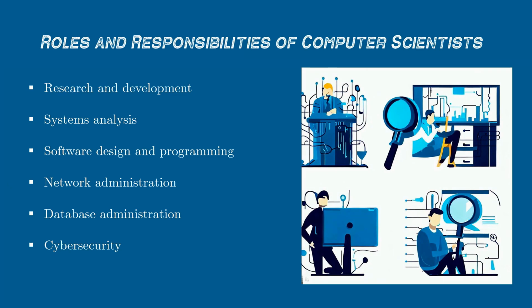Roles and responsibilities of computer scientists. Computer scientists play a variety of roles in many different industries. Some of the common roles and responsibilities of computer scientists include research and development, creating new technologies and improving existing ones, systems analysis, analyzing business needs and recommending appropriate technology solutions, software design and programming, creating software applications and systems,